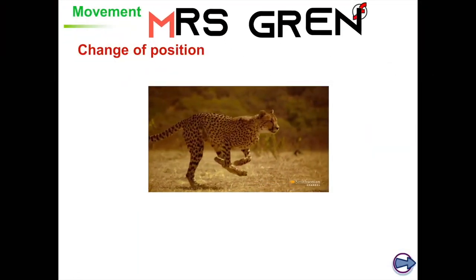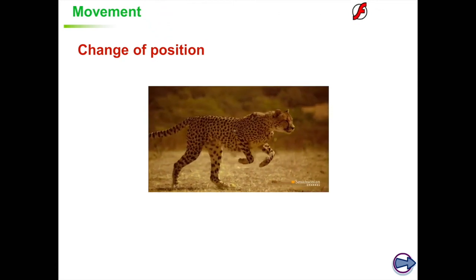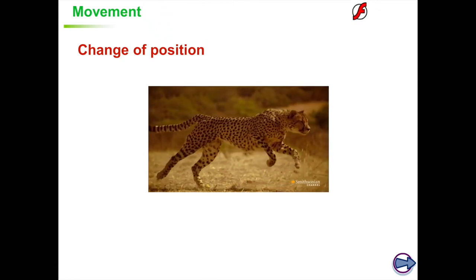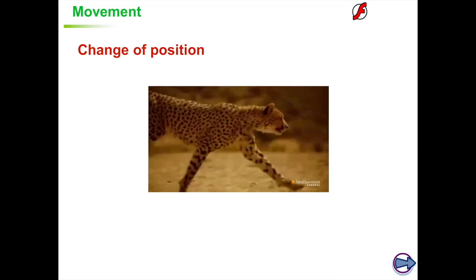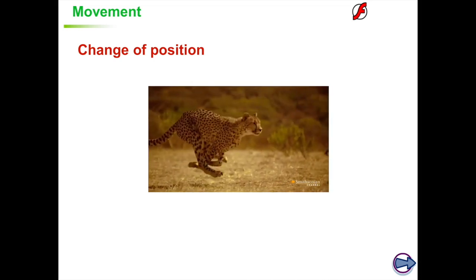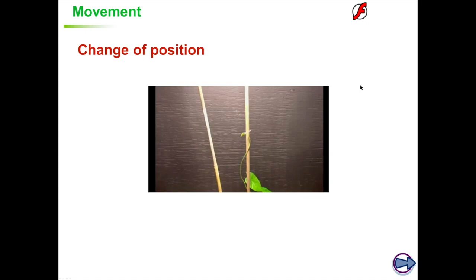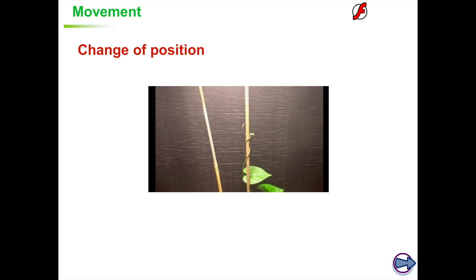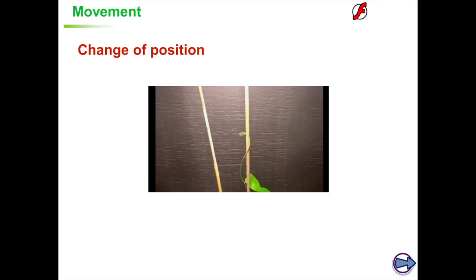In the case of animals, animals move about because they want to get their energy requirements. For instance, here the cheetah is hunting, so it really has to move. In plants, the movement is less clear because plants don't change their entire position. Plants rather change directions, but nonetheless, movement is universal. Movement is found in all living organisms. So once again, the definition is change of position of the entire organism, like an animal, or part of the